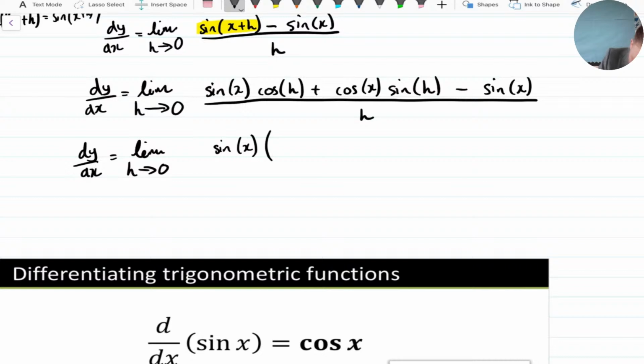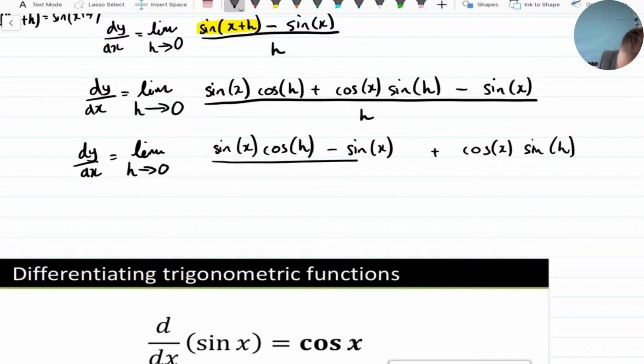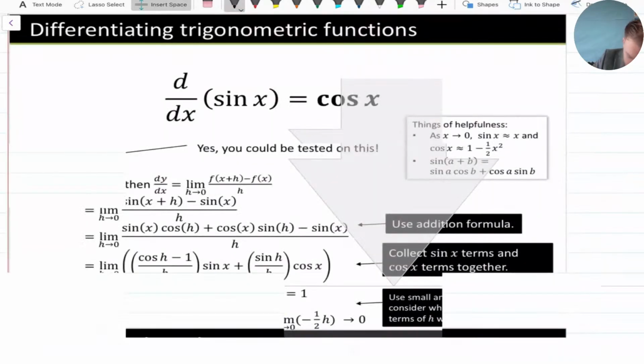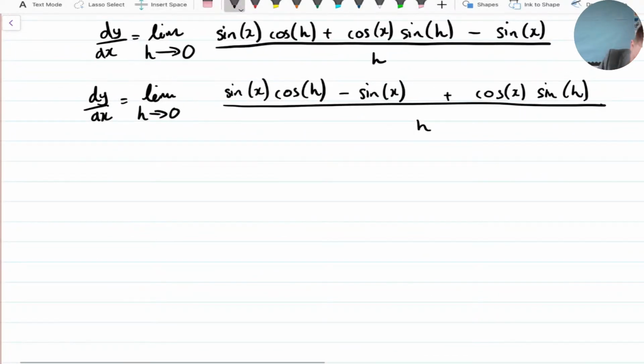Now, in fact, I'm going to draw them first just so you can see what I'm talking about. So cos of h minus the sine of x plus cos of x sine of h all over h. So I've just moved that sine there so I can take out the sine as a common factor. So this is equal to the limit of h tending towards 0 of sine of x